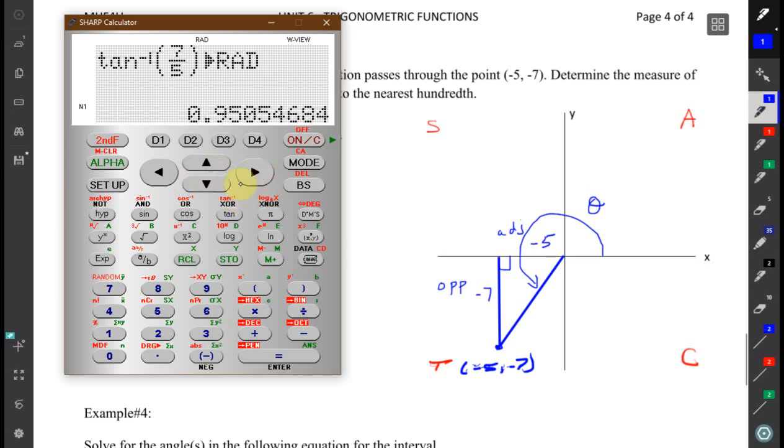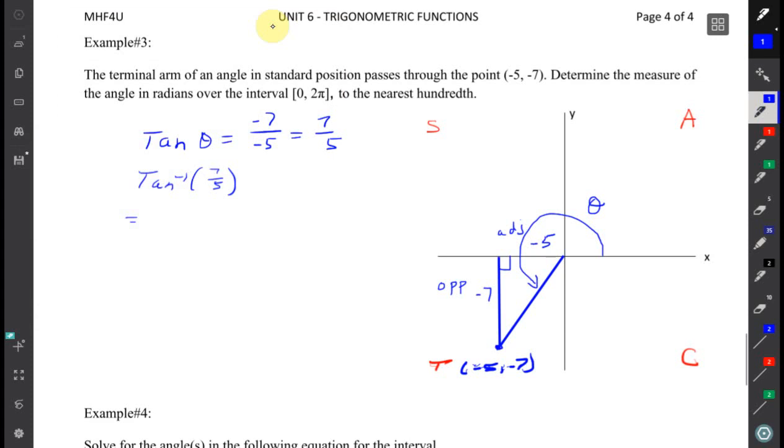So there I'm in radians, and it gives me an answer of 0.95. So that's 0.95. Now, what I need to get used to when I'm working in radians is that value there